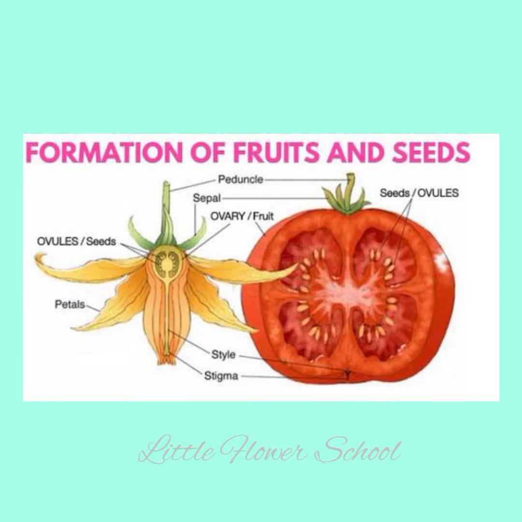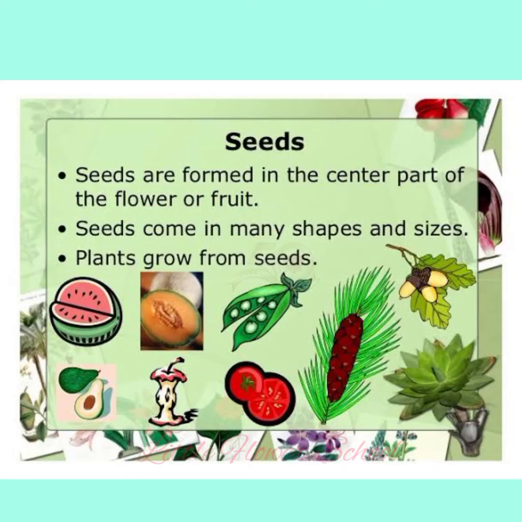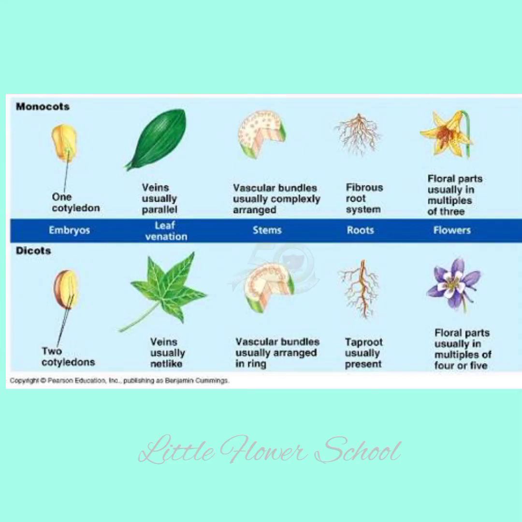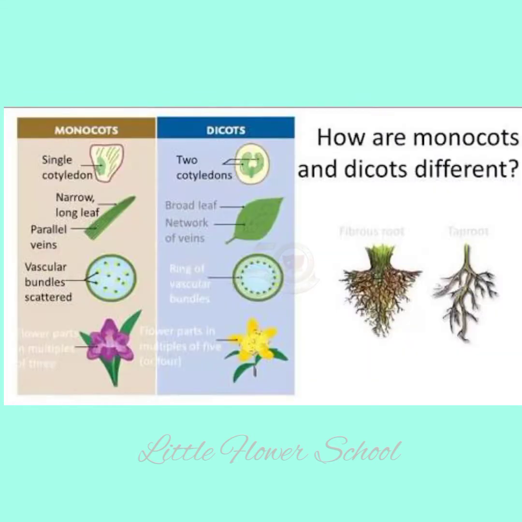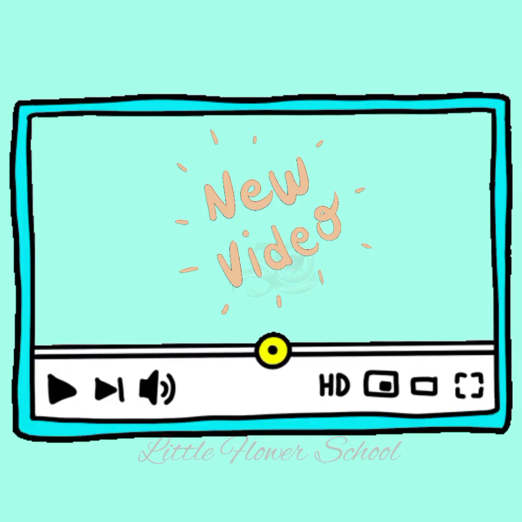The last topic in today's class, we are going to discuss fruits and seed formation. After fertilization, the ovary grows into a fruit and other parts of the flower will fall off. The seed develops from the ovules. The seed contains an embryo enclosed in a protective seed coat. There are two types of seed called monocotyledons and dicotyledons. Dicotyledons have seed with two cotyledons, whereas the monocotyledon have only one cotyledon. Children, watch a video and learn more about pollination and also about seed formation.